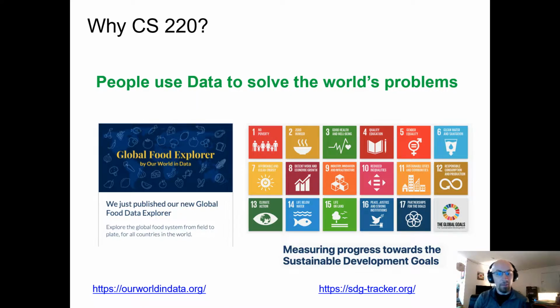And then lastly, maybe for altruistic reasons, you want to get involved in data science. So plenty of problems in this world, and data science is going to be the one way that we solve this. You can either go to ourworldindata.org or sdgtracker.org. The second one here kind of lays out the top goals, the global goals for the world, whether that's reducing poverty, trying to address climate change, or make sustainable and renewable resources.